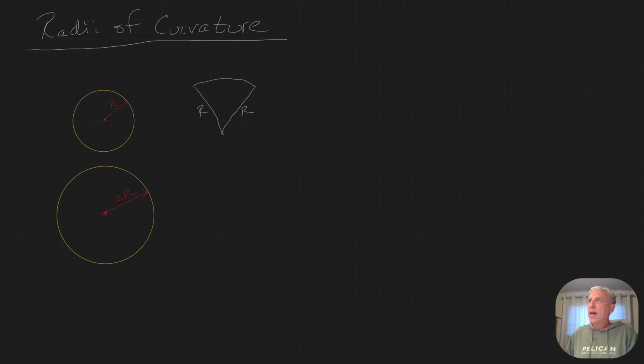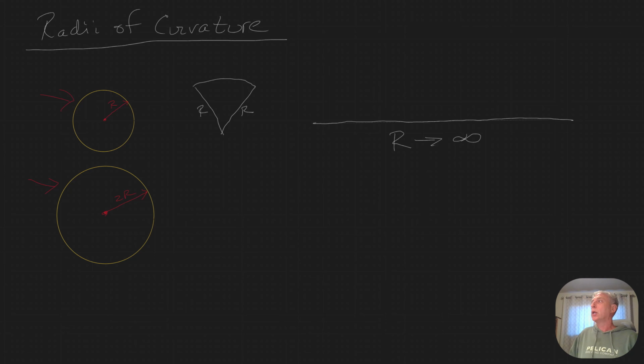Doesn't it make sense that this circle has a much tighter curve than this circle? So the bigger the circle, the more a subset of that circle approaches a straight line, right? So in fact, if I have a straight line, then we say that the radius approaches infinity. As the radius of a circle gets bigger and bigger, longer and longer, if we were to just focus on one part of that circle, it would start looking like